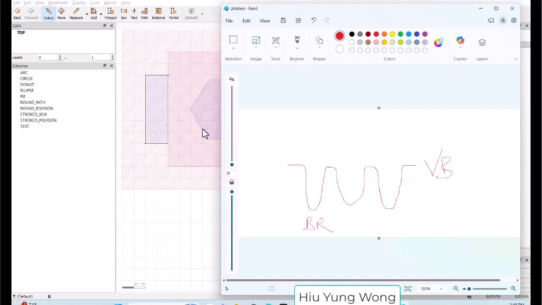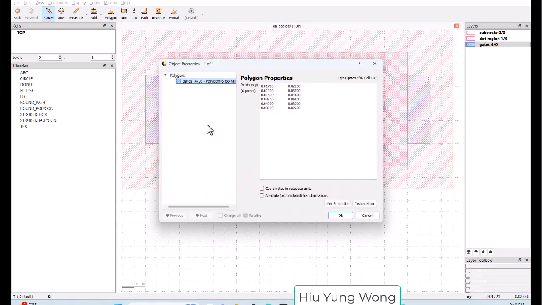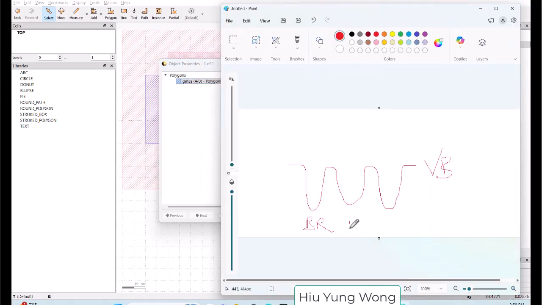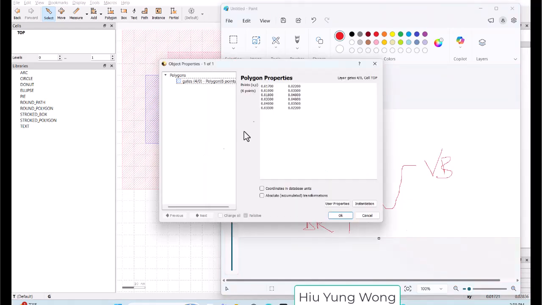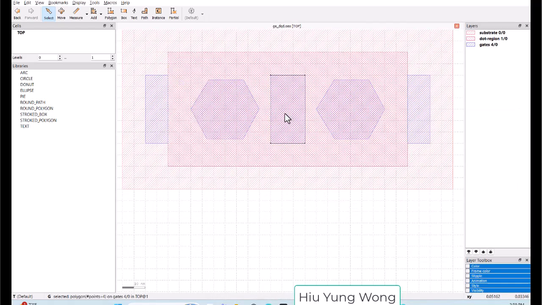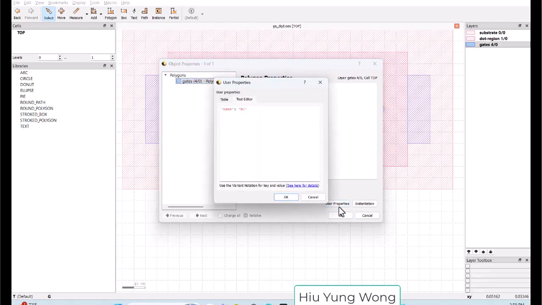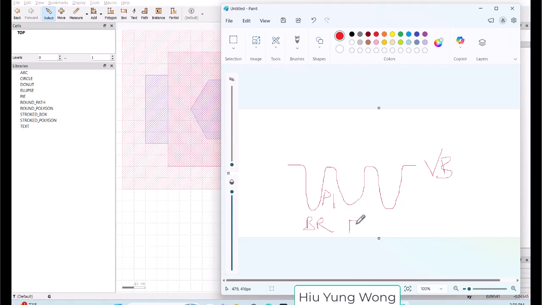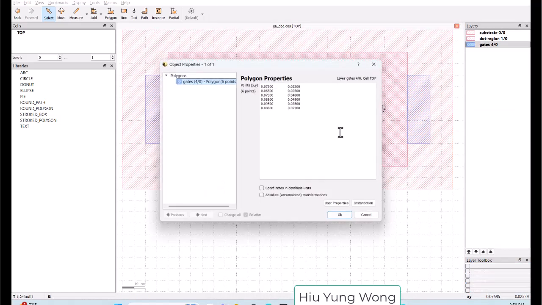And I believe this is P1. Oh look, plunger gate 1 will be here, right? And then this is BC, the center barrier. This must be P2, and this must be BL, the left, they call it left,